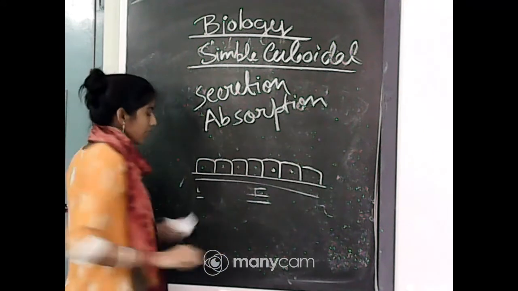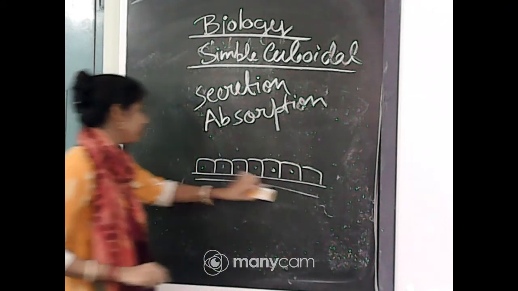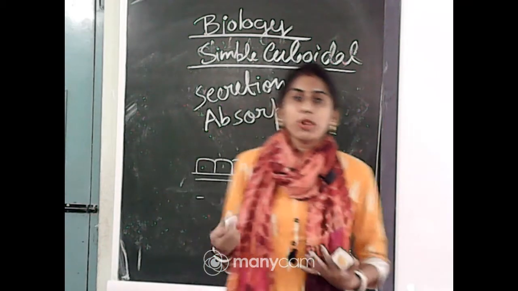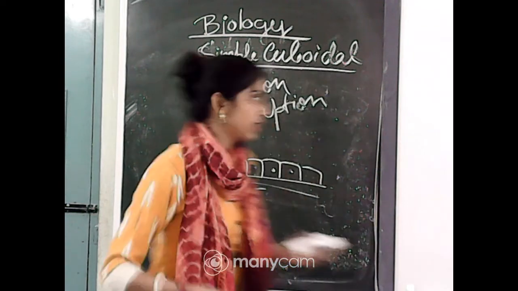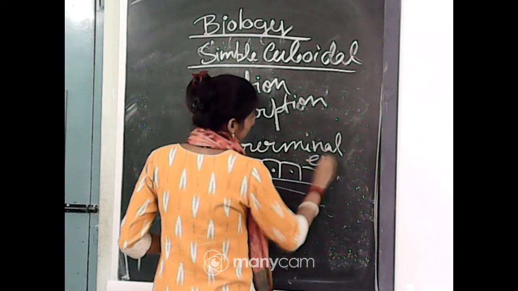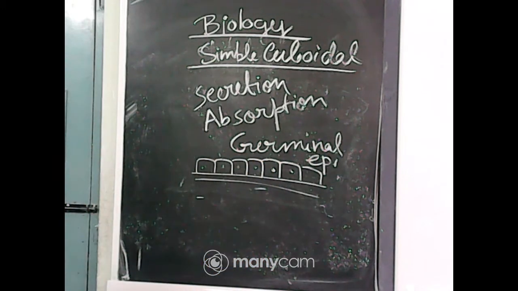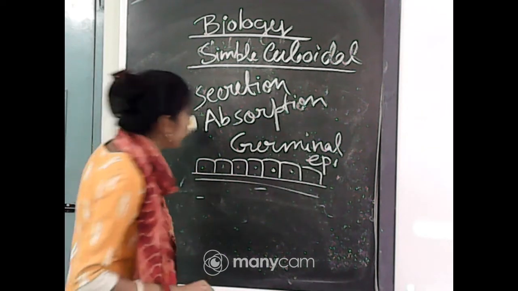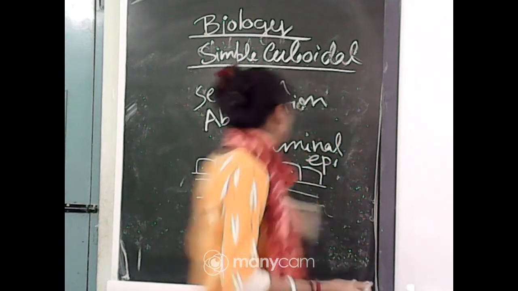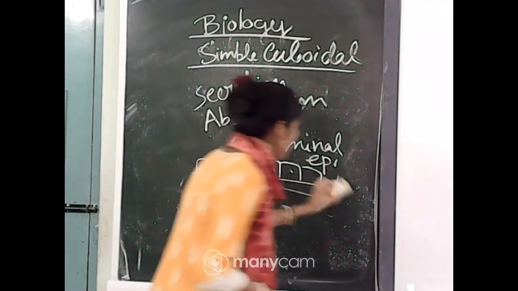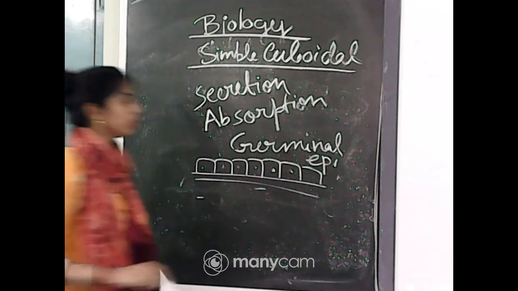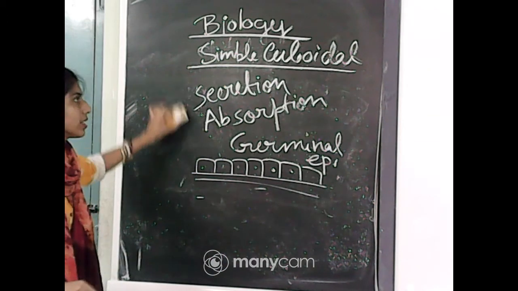You know what, sometimes the cuboidal cell produces gametes, and these special cuboidal epithelial cells are called germinal epithelium. What is it called? Germinal cuboidal epithelium. Germinal cuboidal epithelium means where germ cells are present, that means from where gametes will be produced. You know what a gamete is? So from those germinal cuboidal epithelium cells, gametes will be produced. So these are a special type of cuboidal tissue, and especially these are related to secretion and absorption.